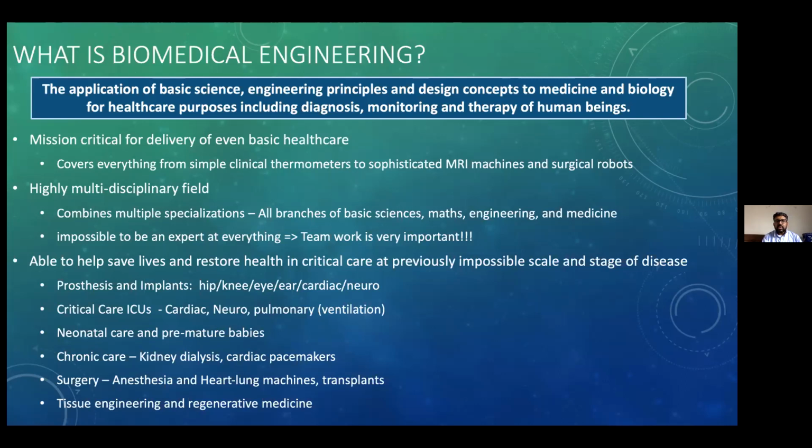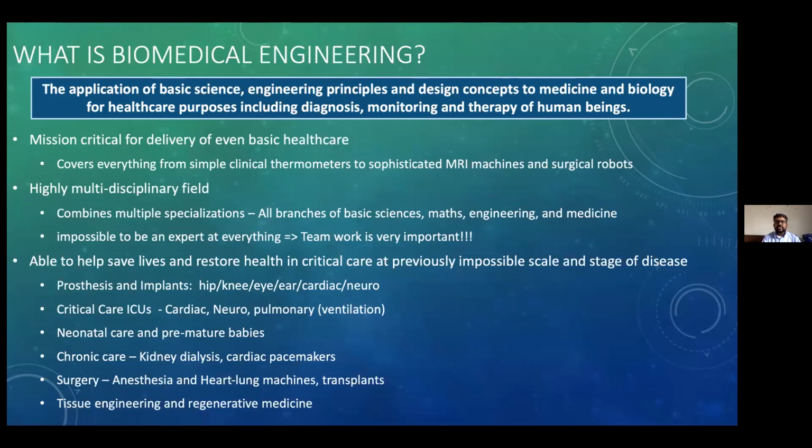Let us understand what it is not. So biomedical engineering does not involve the use of drugs or medicines per se in a direct format. So drug therapies, when they are directly administered to patients, like if you're taking a tablet, you're taking an injection, that is not part of biomedical engineering. But anytime a drug is delivered in a special way, that still can be a part of biomedical engineering, which actually is my specialization, that of drug delivery systems.